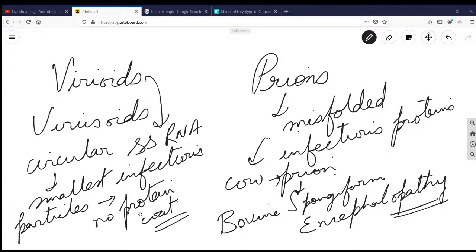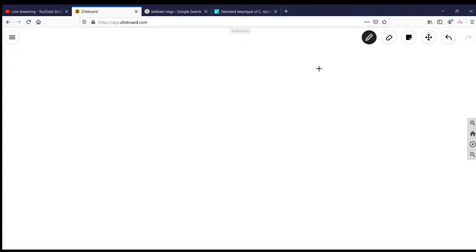So, we come to question number 30. Genes of interest can be selected from a genomic library by using, if you have a genomic library, you must be using a DNA probe. So the answer here will be DNA probe. And what is a DNA probe? In molecular biology, a hybridization probe is a fragment